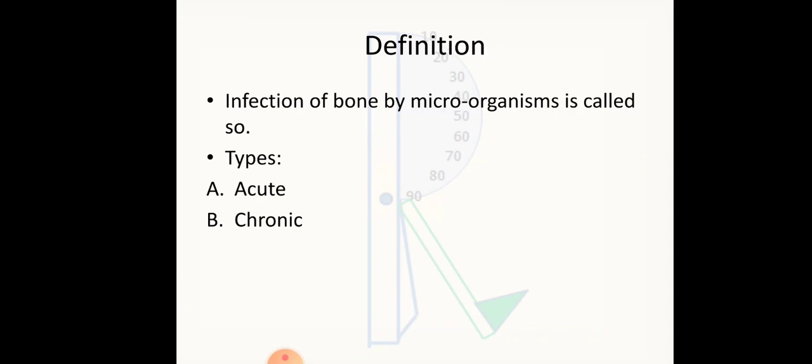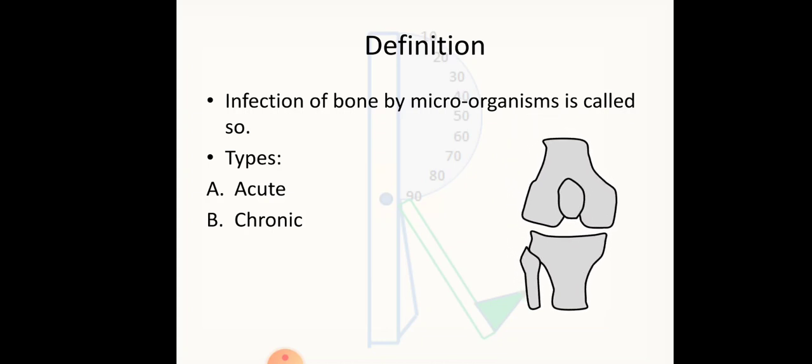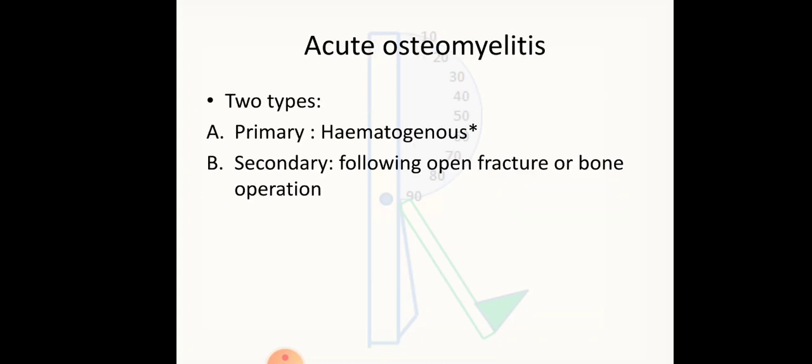Coming to the types of osteomyelitis, there are two types, acute and chronic. The common sites where osteomyelitis is seen are the lower end of tibia, lower end of femur or upper end of tibia. Now coming to acute osteomyelitis, the first type. Acute osteomyelitis is further classified into two types depending on the